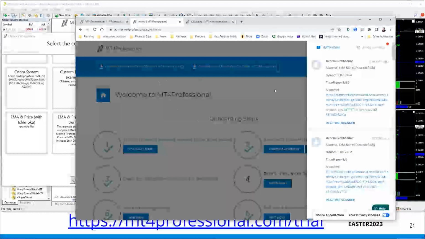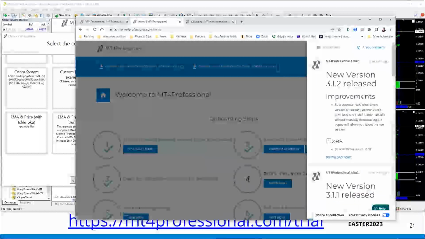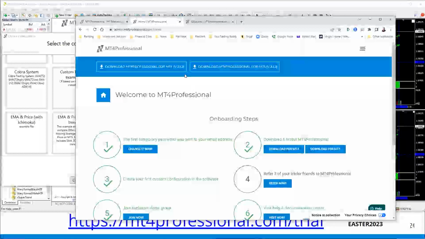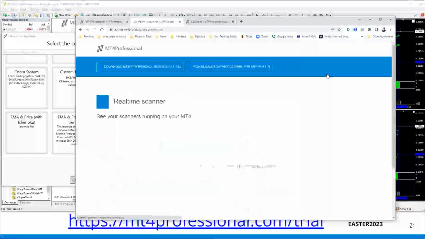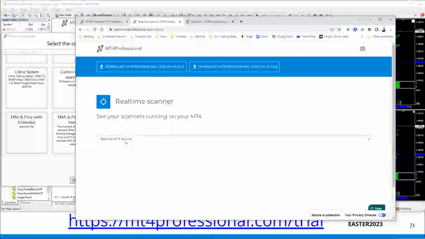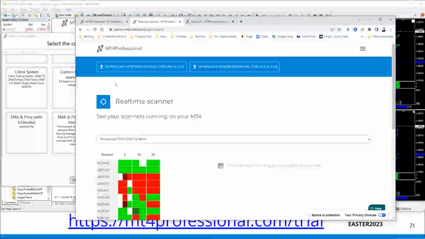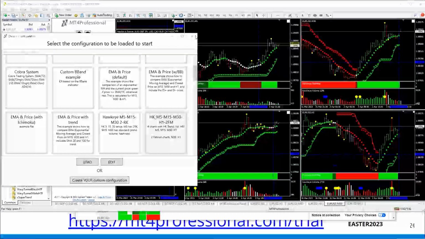Right there, if you're in the members area, you'll also receive a notification with a link that a specific strategy has met the criteria for a trade setup. You can click on that and go to it in real time, just like that. We also let you know when new software releases have been made and any changes that are occurring there as well. Also, I want you to go over to the real-time scanner menu item. Select the scanner that's currently running on your MT4 platform. And let me show you.